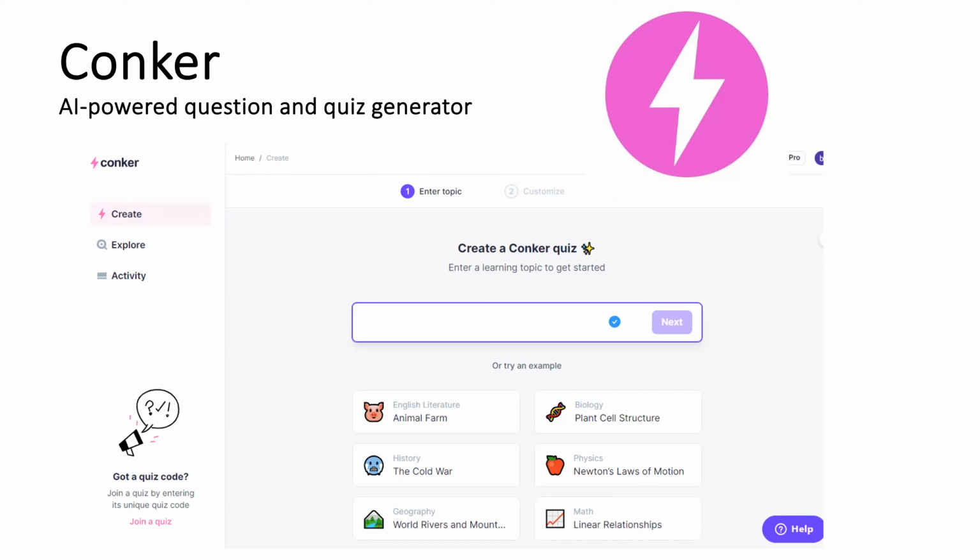But the reason that I picked Conker is it's a little bit more sophisticated than that. And they've trained the question generating model on a lot more than just building off of some chatbot. It's sort of like their own bespoke chatbot for this task, which is really nice. And so what they actually offer is a huge library of pre-made quizzes, and you can see some of the examples on the screen there, from the novel American Farm, from the Cold War, Newton's laws of motion, plant cell structure, pretty much anything. And there are hundreds of these that already exist,